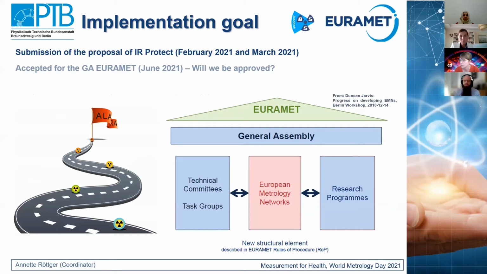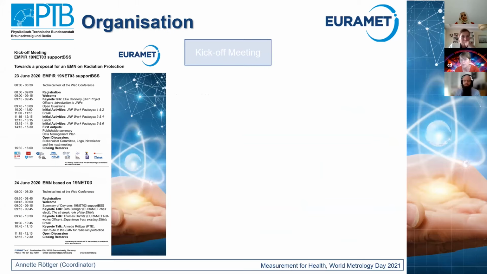So we have this European Metrology Network under the roof of our regional metrology organization, Euramet. And there are normally two pillars, technical committee and research program. And now we have a third pillar here, that is the network. We started rather recently. The kickoff meeting of the project was in 2020. So we are a young network, and it's a pleasure to present it to you,